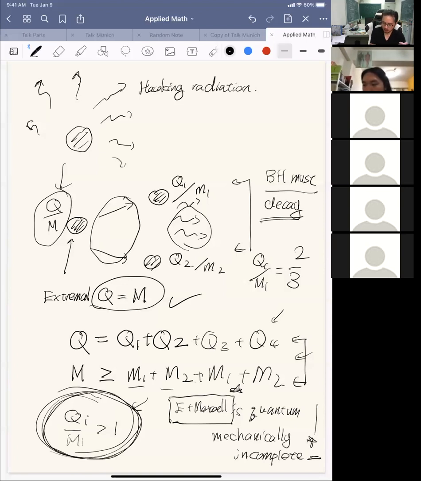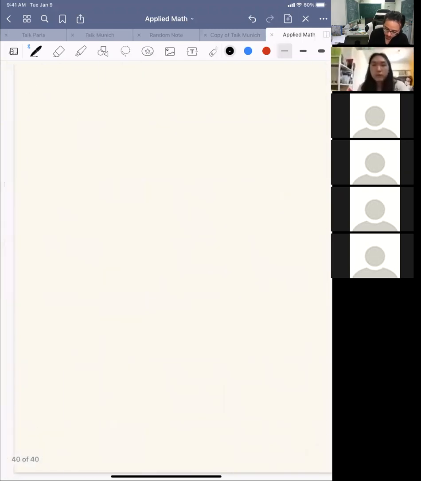So many of the people who are working in quantum gravity are trying to understand what the fact means that if you just have pure Einstein and Maxwell theory, it requires states where Q over M is bigger than 1. Then for whatever quantum gravity theory that you have, you must be able to produce these states. Okay, and this has a very interesting discussion. So remember that in the beginning of our lecture, we said that we really have the Lagrangian